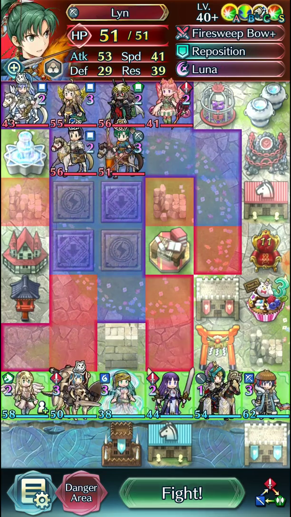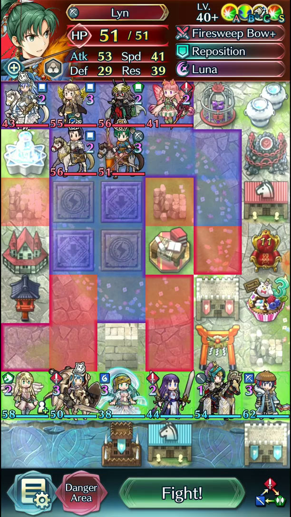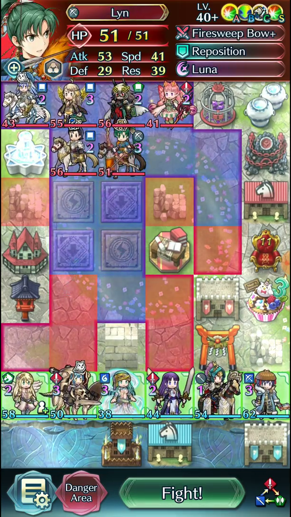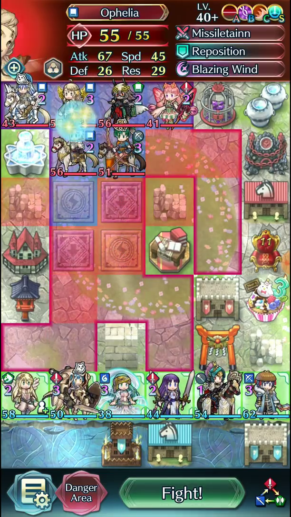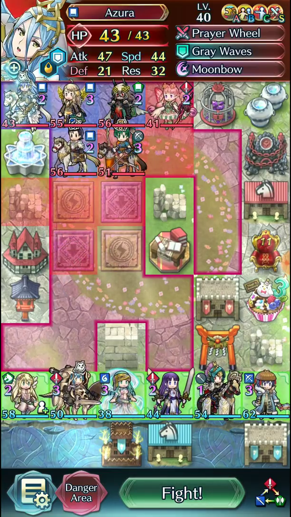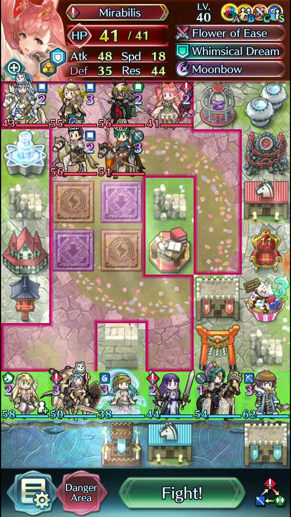Because then we just win on the spot, because then, well, not on the spot, because then the Reinhardt uses reposition if Lyn goes anywhere like this. And that's not a pleasant spot to be in, regardless. Even if we have Azura Wings of Mercy yourself to death. So I think,